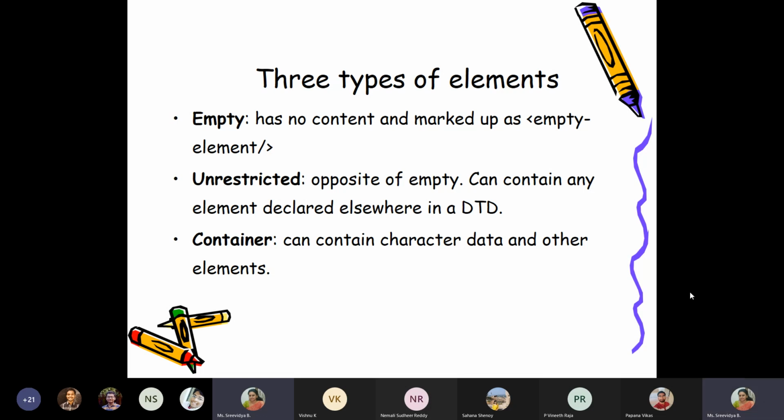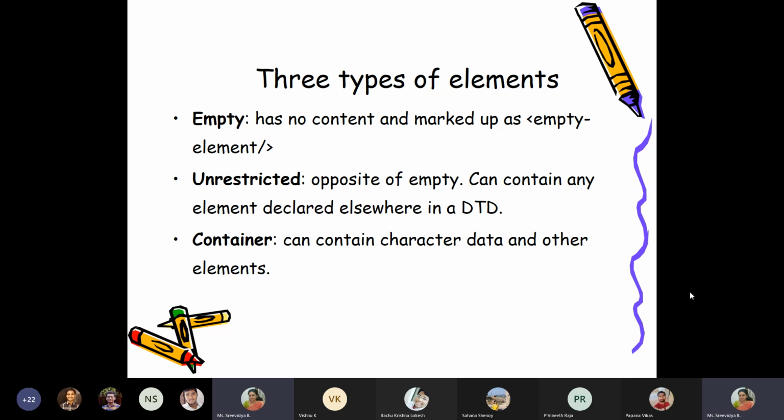Normally the div tag or span tag are called container tags. Why? Because the content within them will always be some other tags. If you want to highlight a particular area in an HTML page, we mark that area using div or span, and I can specify attributes like background color, and then the highlighting will happen. So those are container tags. They never have any text content in between, but only other tags.